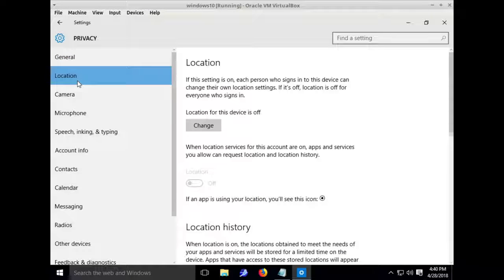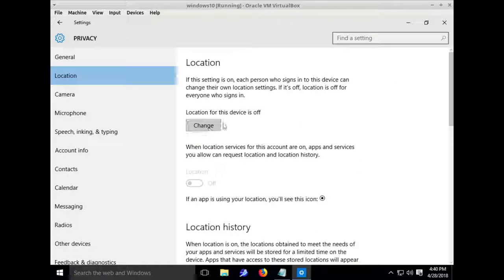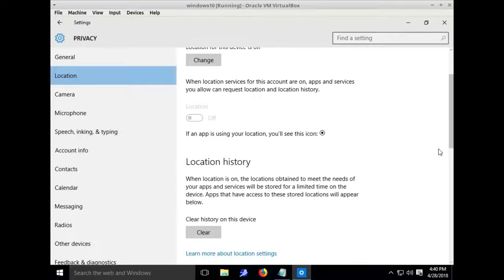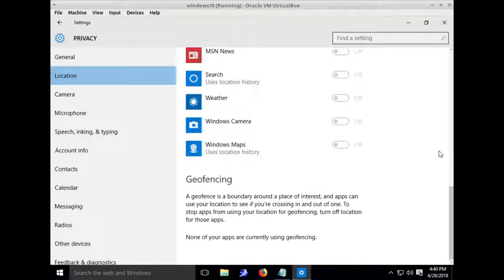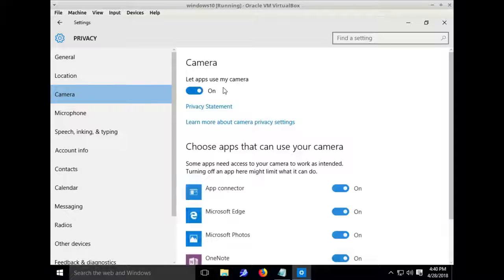If you want to also disable location, for example, if you leave location on, or if you want to change location, you can always change that. But if you leave location on, for example, apps will have access to your location, and that could be a bad thing. Especially, let's say you download an app that you don't know, it could have access to your location, and through your location be able to find out a lot of things such as your IP and things like that. So camera, if you want to let apps use your camera,